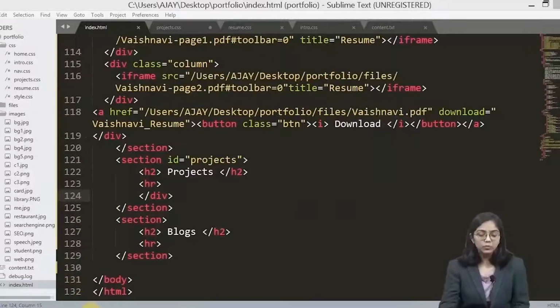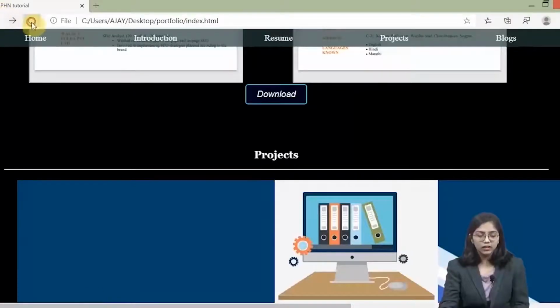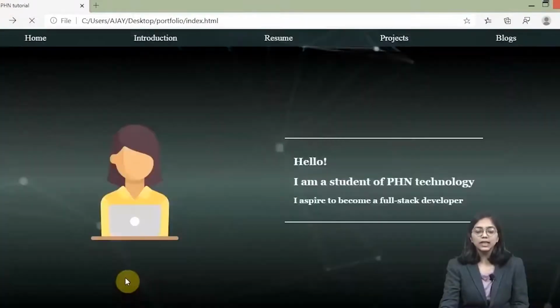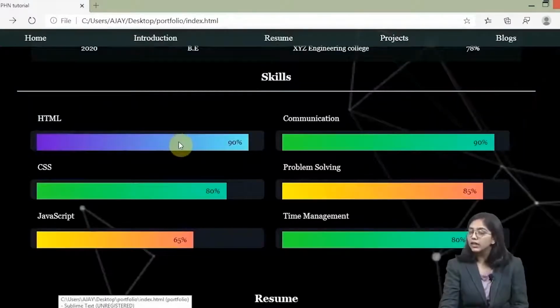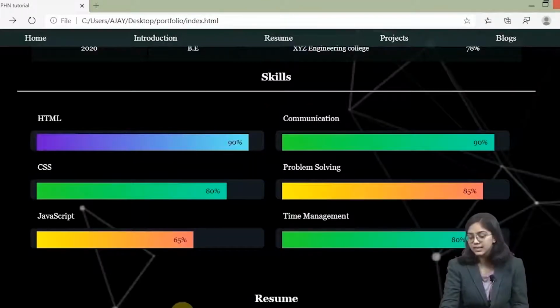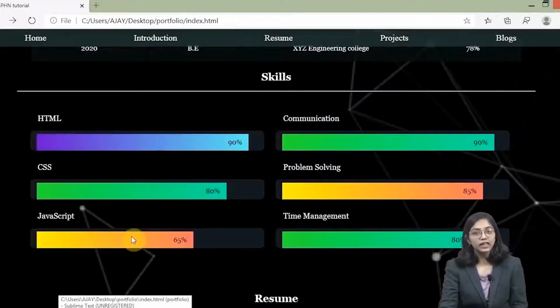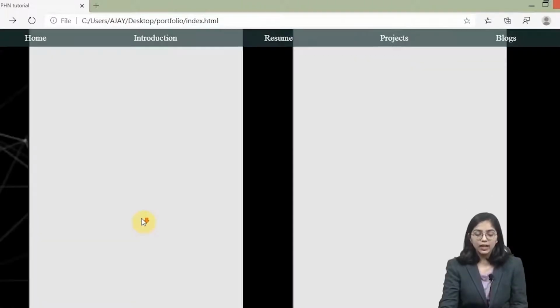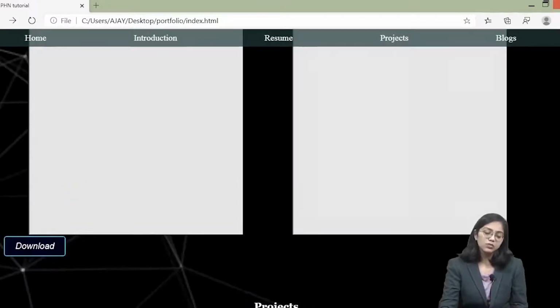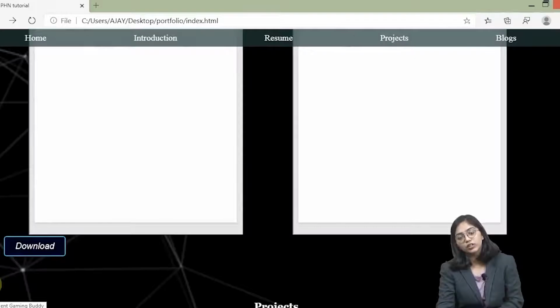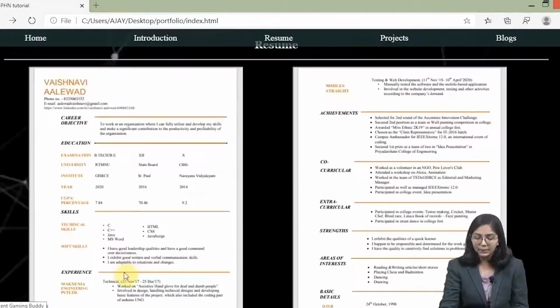Now we can see that most of our website has been created, and I decided to make some minute changes in it. I have restyled my skill section. You can see I have given a linear gradient inside that, and I have also added some padding to it. Now I have given a lot of things to my button, and you can see it has moved down here. I can shift it here using the margin and padding.